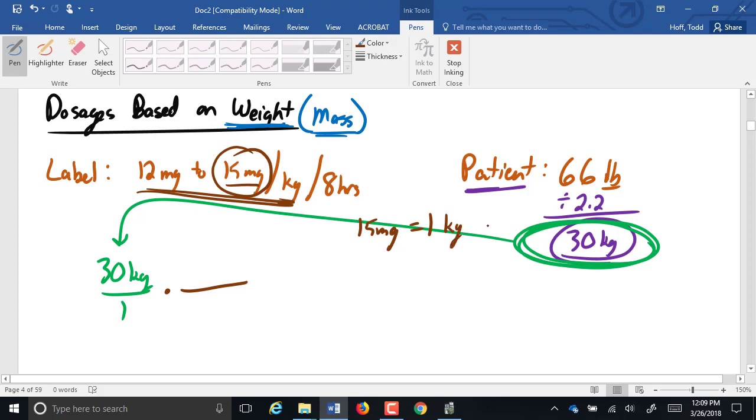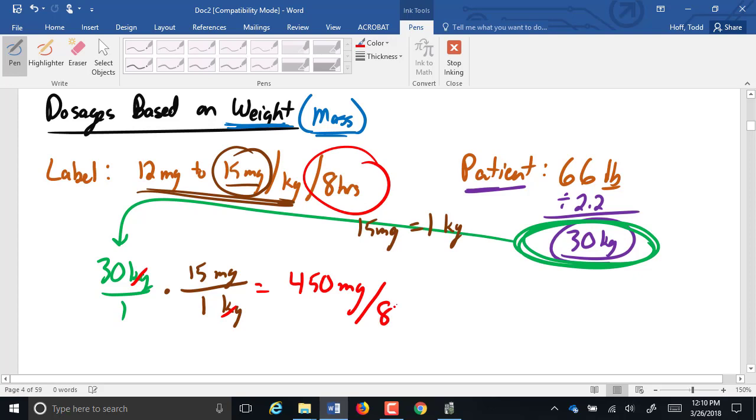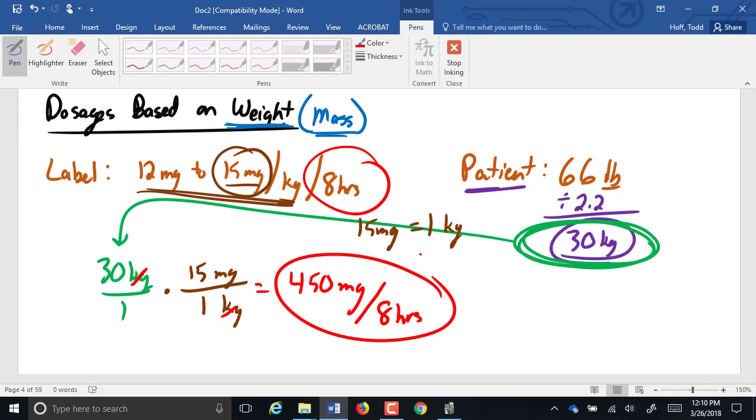body mass. So here we're going to put kilograms on bottom. 1 kilogram is equivalent or equated to 15 milligrams of medication. Kilograms cancel out. 30 times 15 is 450 milligrams. Now the time that we need to put back on there is that every 8 hours. So every 8 hours, or up to 3 times a day, that patient can be administered a maximum of 450